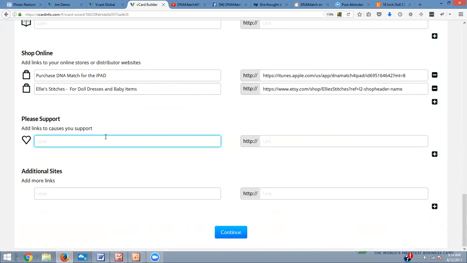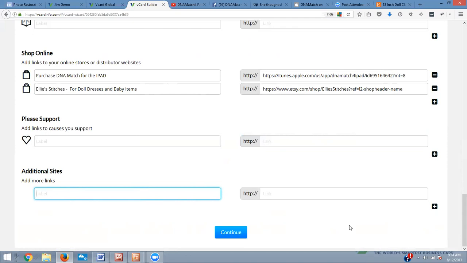any cause, nonprofit or church you support. I have also put fundraisers here. If you are running for like Race for the Cure or something, you can put a link to your sponsorship so people can sponsor you here. It just makes it easy. Again, you tell people, oh yeah, the kids are having this fundraiser. You tell the family it's on my vCard. Just please go to my vCard. It's right there on the first page of my vCard. You'll see it there. And then here you can add additional sites, additional pages, things that you want people to